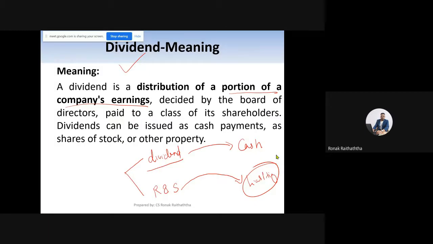Now, sir, where are the problems in dividend decision making? It should be simple, no? Whether to pay the dividend or not to pay the dividend. Why are we making it so complicated? It is difficult because it has some repercussions. It has some grave consequences. Let me tell you the consequences of not distributing the dividend and the consequences of distributing the dividend.